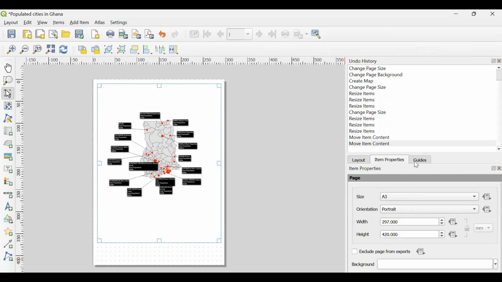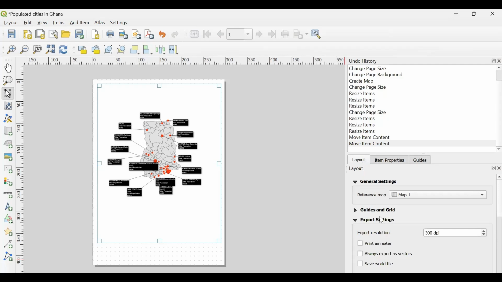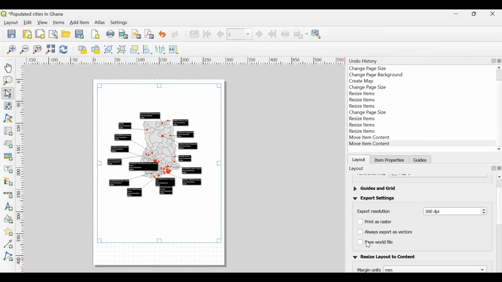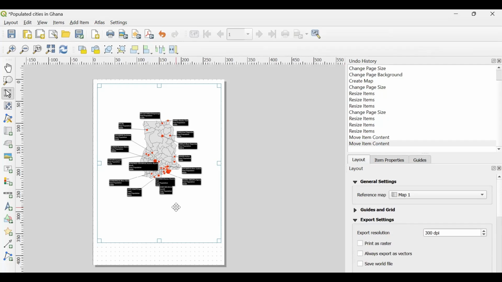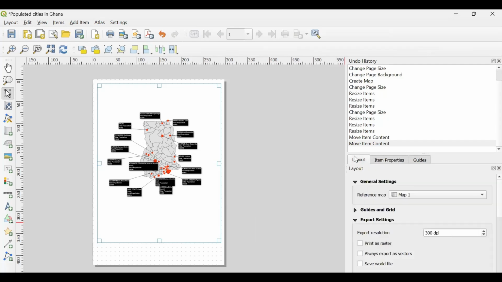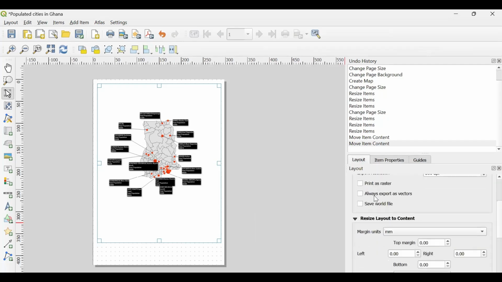So we have the page properties and everything. But now we want to change the scale. So when you come to the layout, if your scale is not shown here, you come and right click on the map, right? And you click page properties. Your scale should be shown. If it's still not shown,